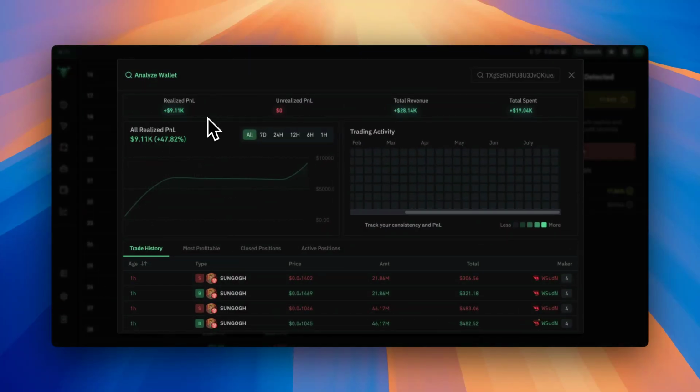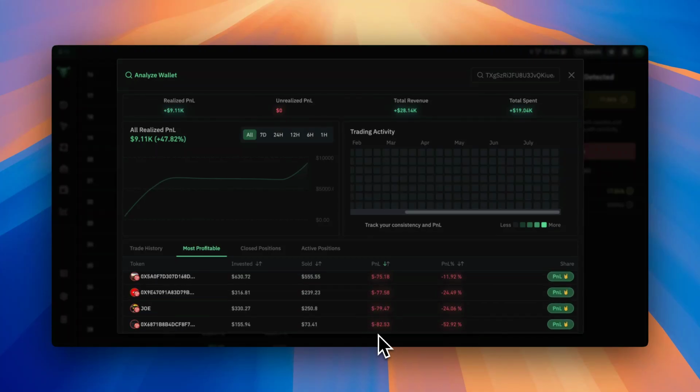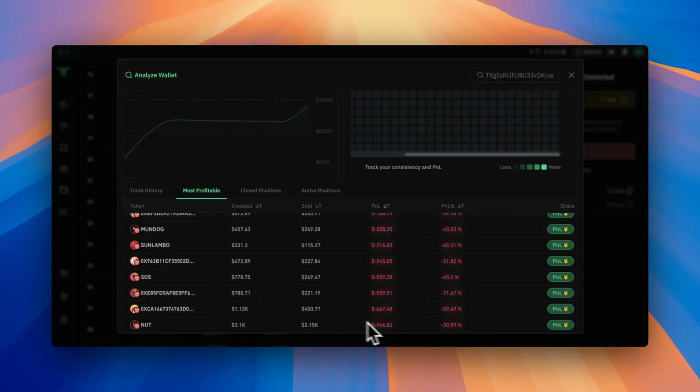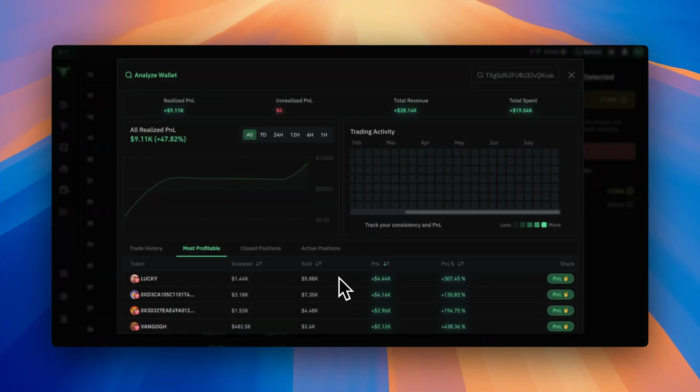So, I mean, this guy made 10 grand all time of them trading. He cooked 4K on Lucky, 4K on this one, so they've cooked a little bit. But let's look at their losses, right? $80, 70, 70, 40, 50, 20, so if you can afford to lose, oh, all right, we scroll down a little bit more. So he invested 3 grand in Nut, which I don't know what this is, but kind of suss out their risk appetite. If they're willing to lose 2 grand, but you're not, maybe this isn't the right wallet to follow. But for me, someone who invests a grand here, 3 grand there, and walks out with 2 to 4 on average.